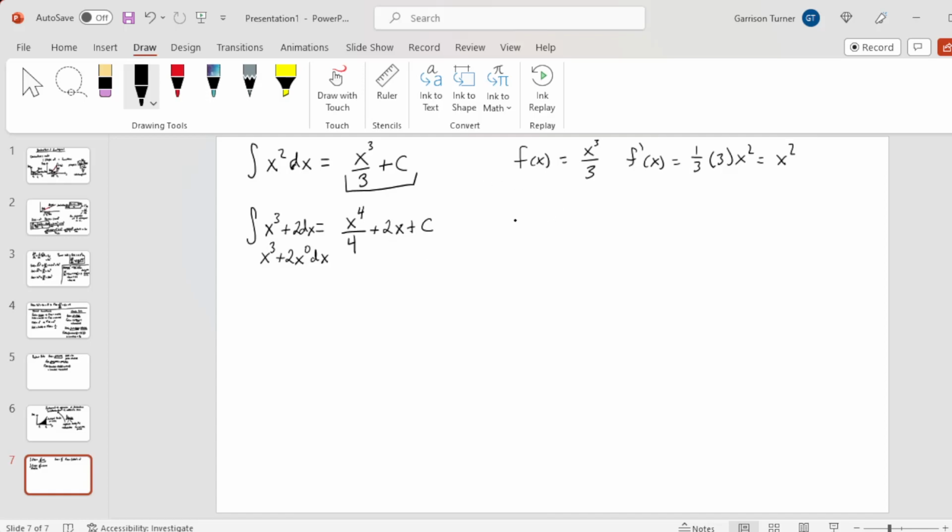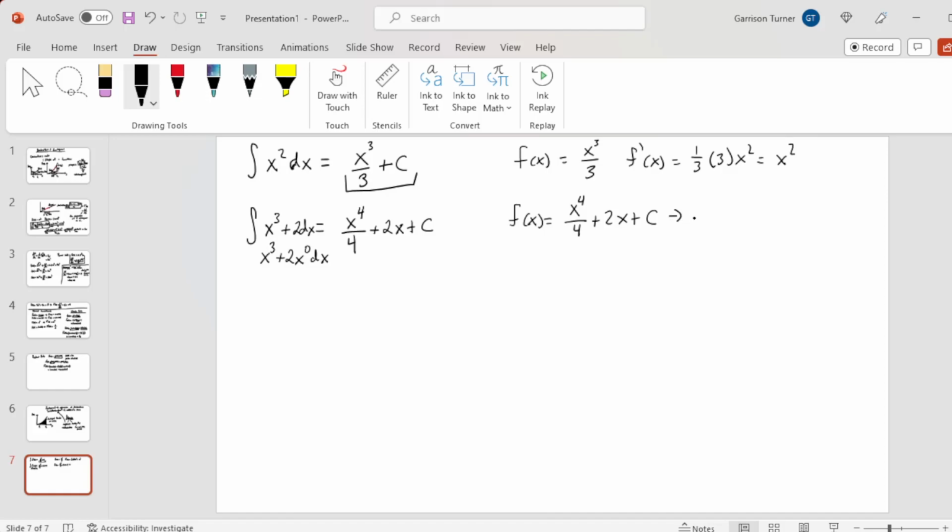All right? And once again, we can see that this is in fact the integral. If my original function was indeed x to the 4th over 4 plus 2x plus c, then if I take